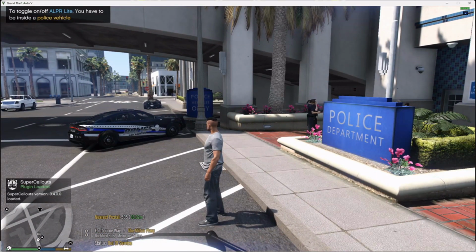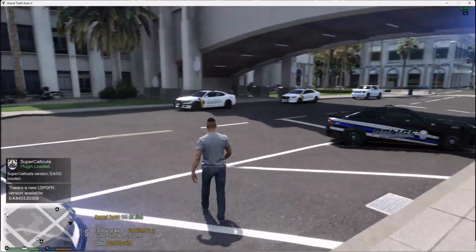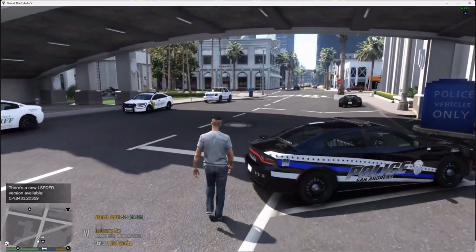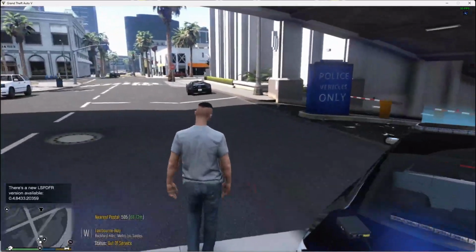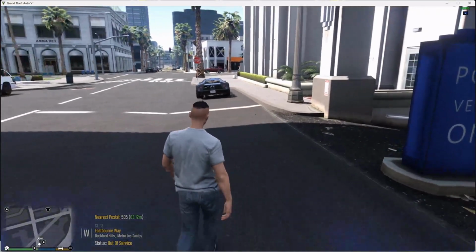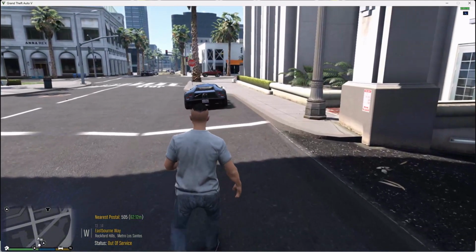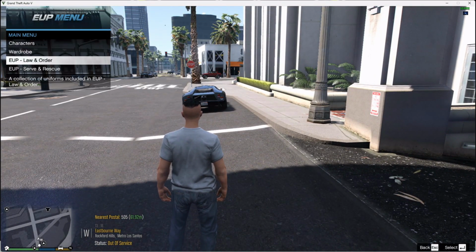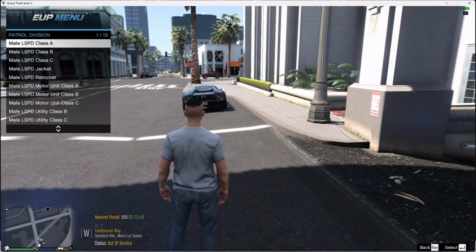Alrighty, folks, we are back into the game. Now, what we're going to do is go over here and pull this Durango out that we just put in. Let's put on our